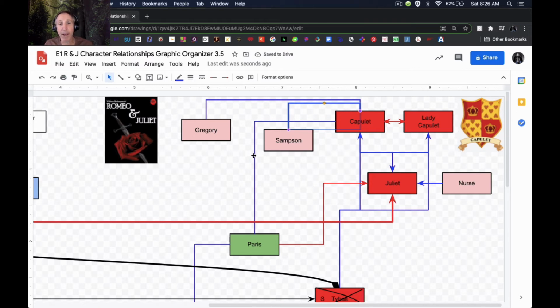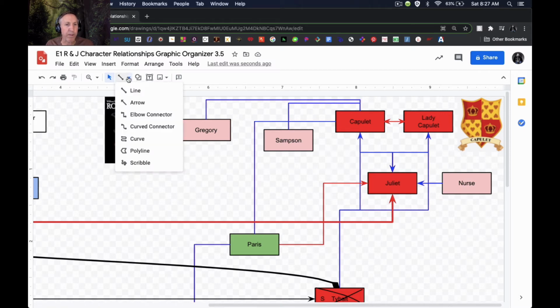And now that we've done that, we have some changes in these four characters over here, don't we? There has been some falling out between mother, child, father, child, and nurse and child in the Capulet house. So originally, there was love there, and we want to continue to show that. So what we're going to do is add some new changes. And the first one is probably Lady Capulet towards Juliet, right?